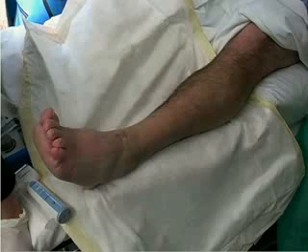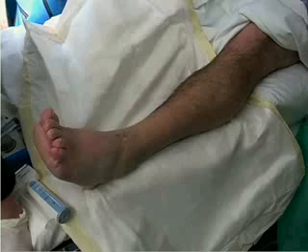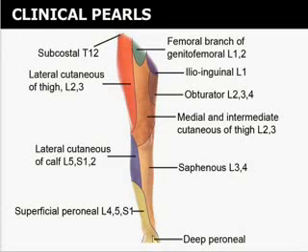The saphenous nerve block is a single nerve block that can be performed at the level of the knee or at the level of the ankle. Here we present the block at both locations. It is important to recognize that the saphenous block is often performed as a supplement to the popliteal block or